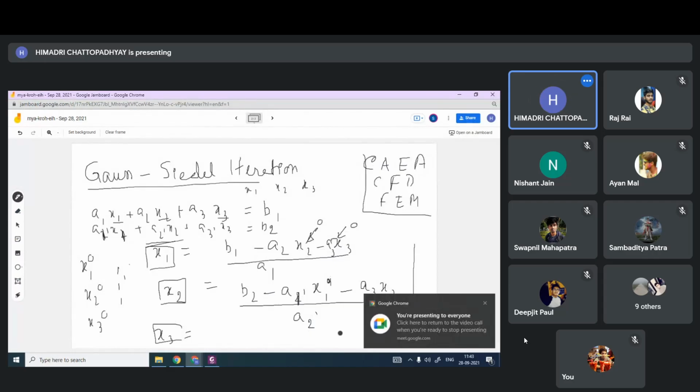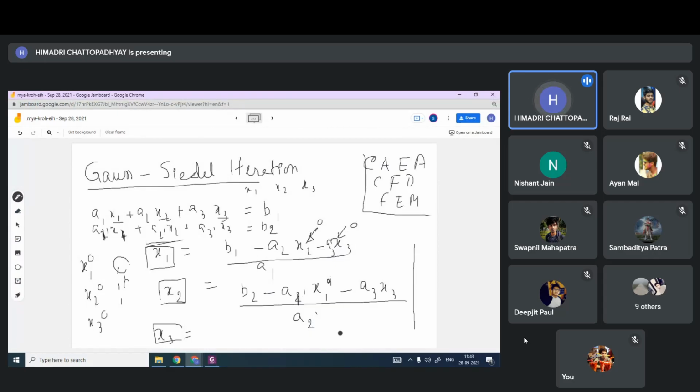So what you did, you have some initial value, you put the initial value, the level 0 value. So when you iterate, from level 0 to level 1 to second level, your value changes. The 0th level is the initial value. If you put the 0th values in to obtain all the first level values, then it is called Jacobi iteration. But see, something is happening.